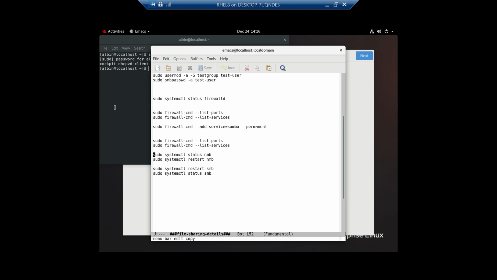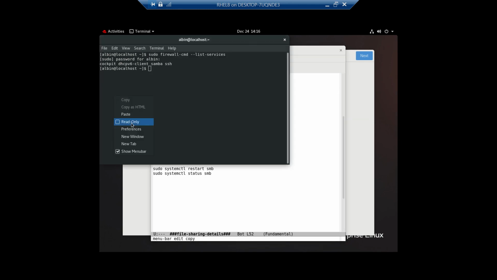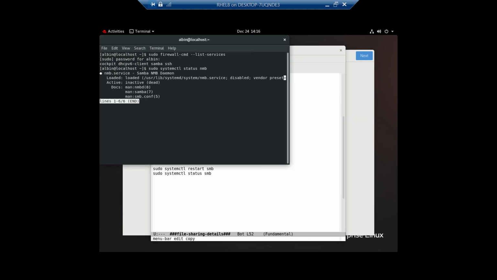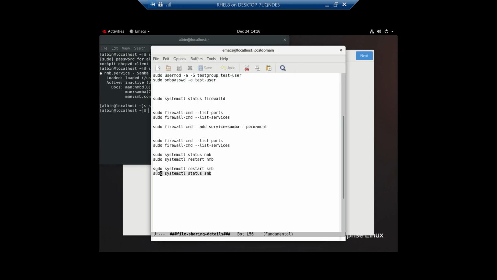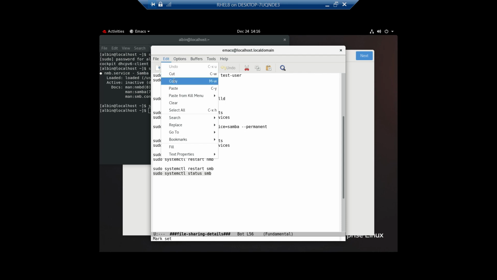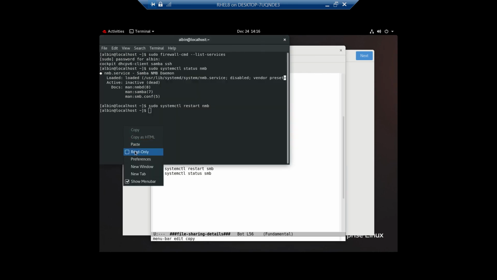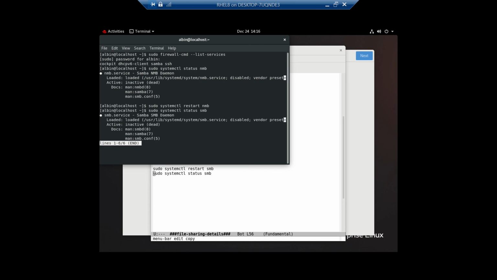If the services are not started, we need to start those. Yeah, this is not started, so let me restart the service. Same way for the other service also, SMB. Okay, the services are now started.